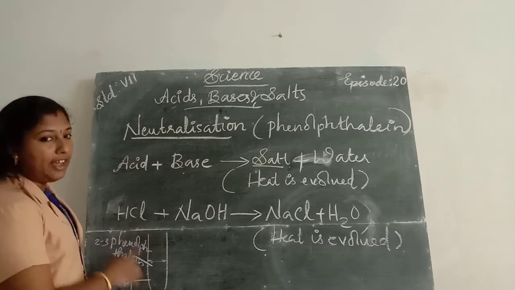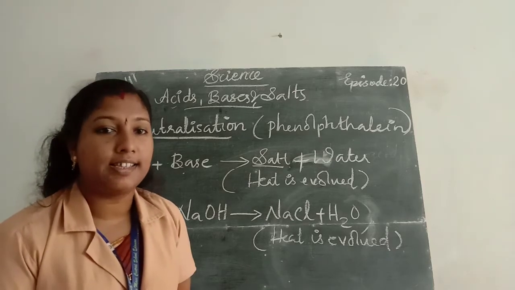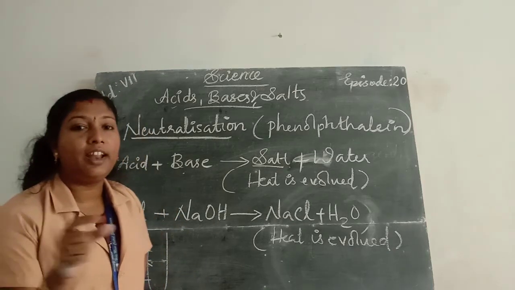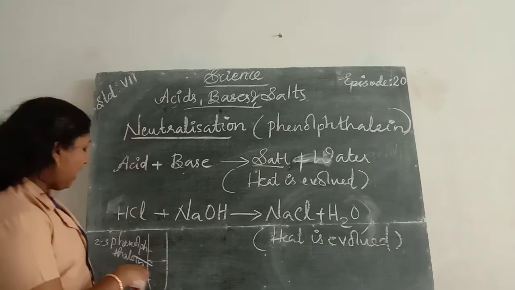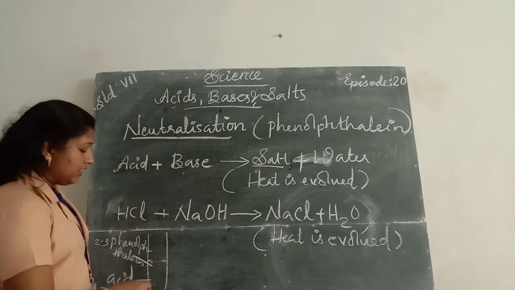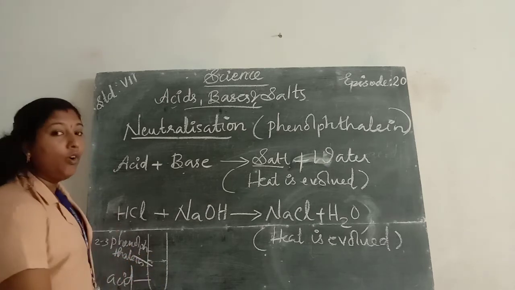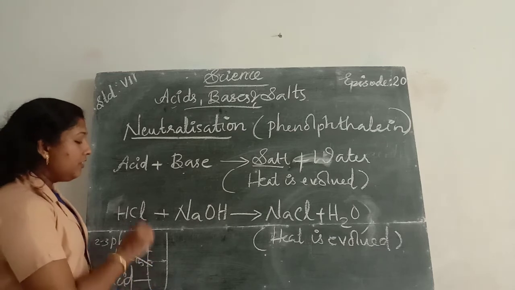Phenolphthalein into the acid. Before adding phenolphthalein, it has no color. If we add the phenolphthalein into the acid solution, the color of the acid changes to pink or magenta. Then we add